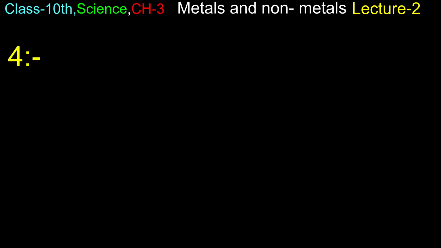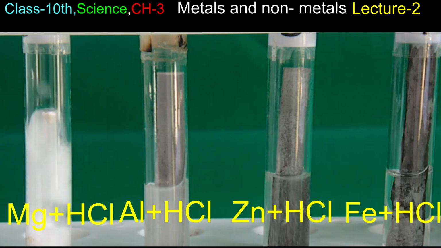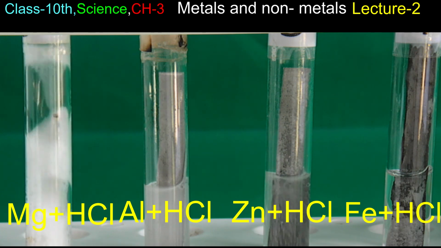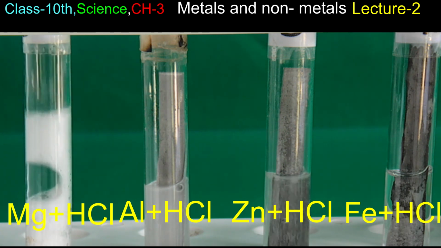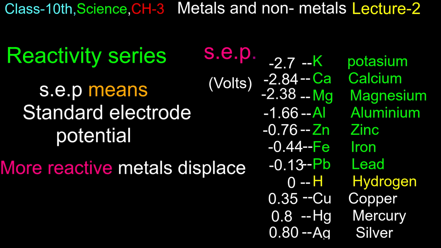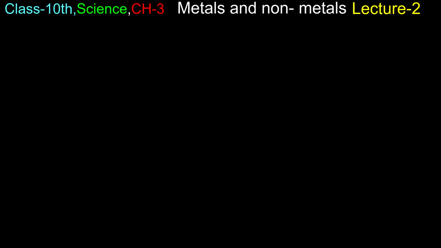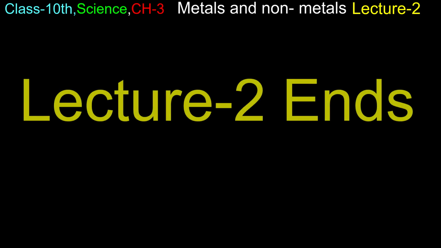Next, at number 4, we discussed that metals react with acids to form salts and hydrogen is evolved. And in the end, we explained through the activity that the more reactive metals displace less reactive metals from the salt. This was the second lecture of chapter 3, metals and